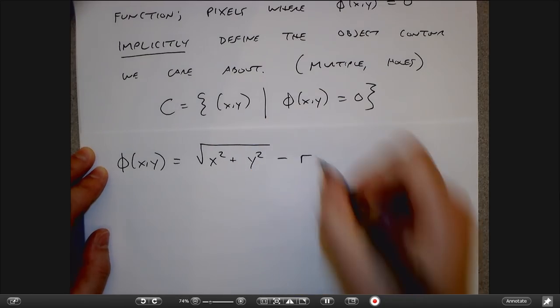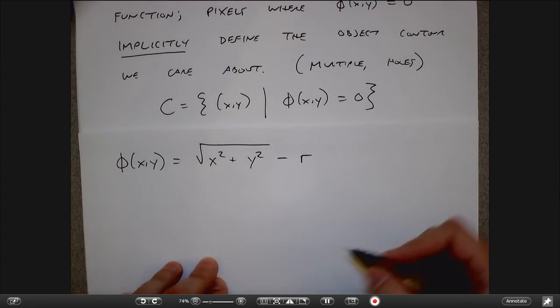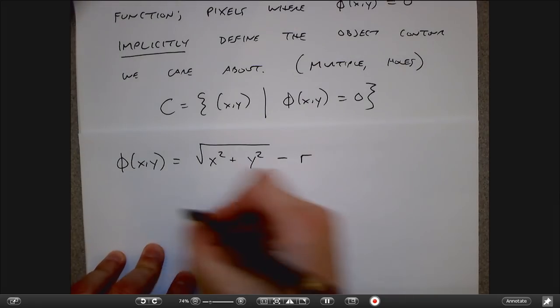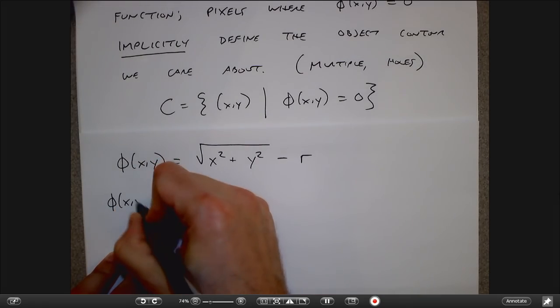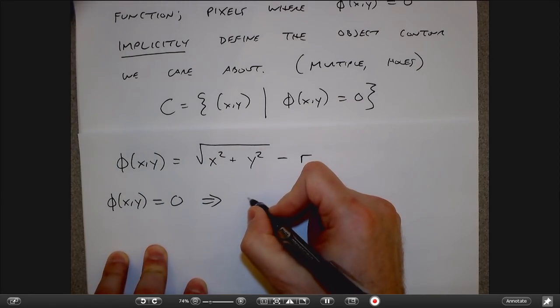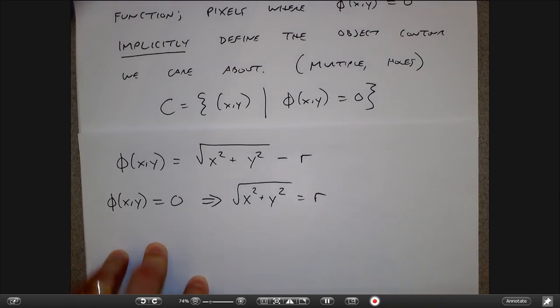Anywhere that I have x and y, I can define this function. And if I set this function equal to 0, that means I have x squared plus y squared equals r squared, so I'm implicitly getting this circle